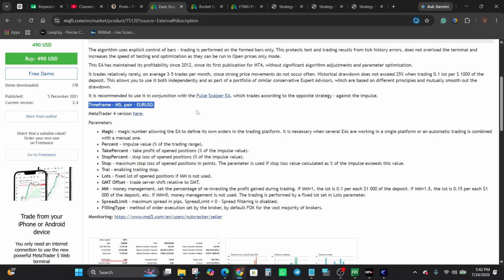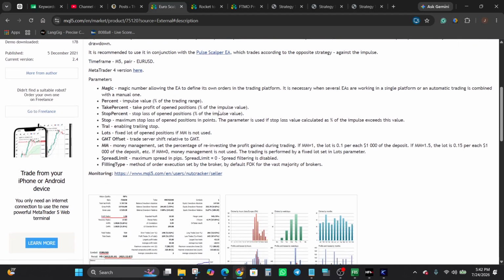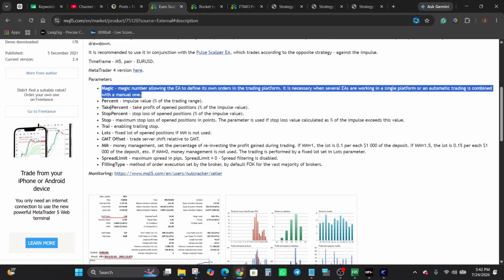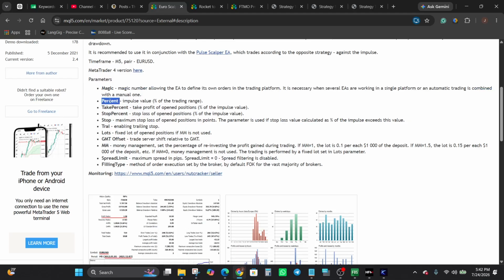The listing outlines a selection of adjustable input settings, including magic number for trade identification, percent, which defines the impulse value relative to the trading range, take percent, and stop percent to calculate take profit and stop loss as a percentage of the impulse, and then a hard stop parameter in points to cap maximum loss,